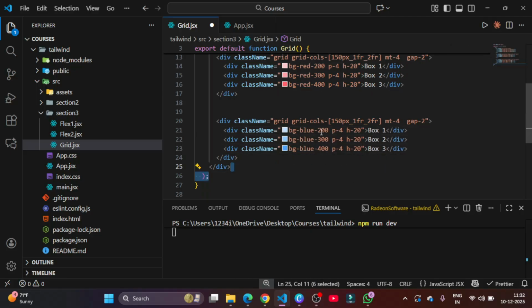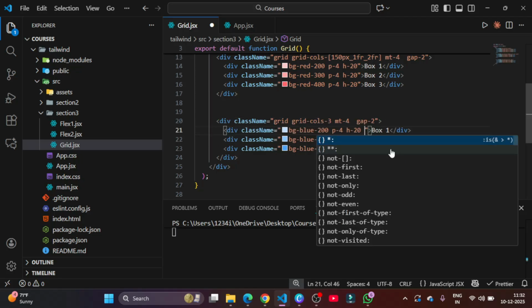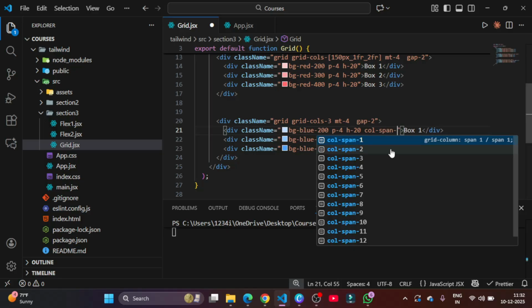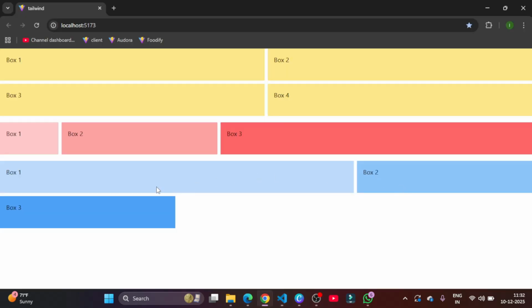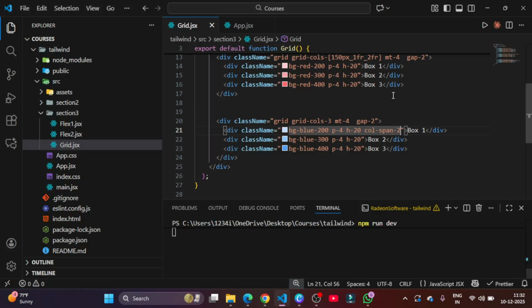Blue. Cool. That is blue, and here I have to change. Let's say put 3, and here I'm gonna put the customized version, that is col-span-2. So now you can see, let's say put 4, then because I have 4,